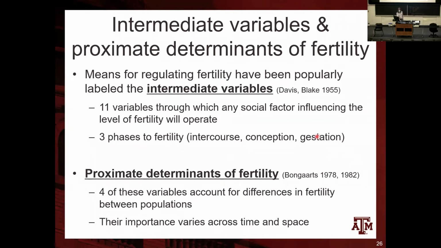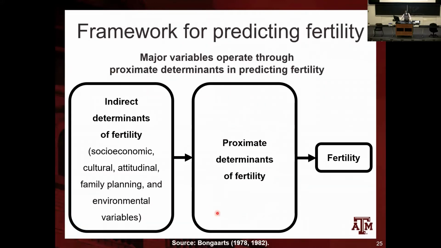They were first introduced by Davis and Blake back in 1955, and the term that they used was intermediate variables. So the means for regulating fertility were labeled the intermediate variables by these researchers. They elaborated based on empirical studies and came up with 11 variables through which any social factor would influence the level of fertility. So they found 11 variables that influence fertility, and these 11 variables are influenced by these indirect